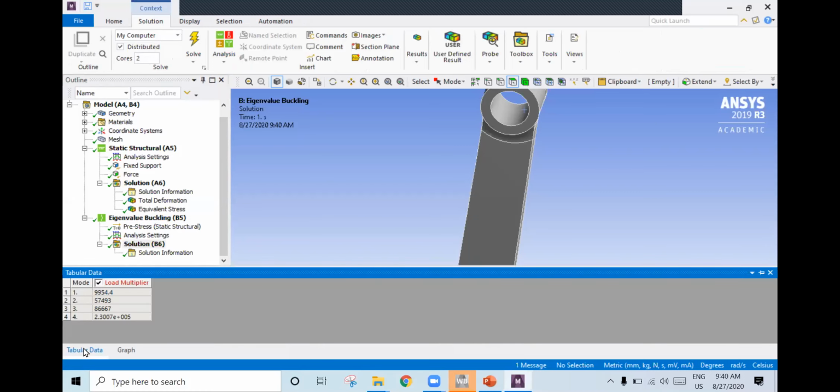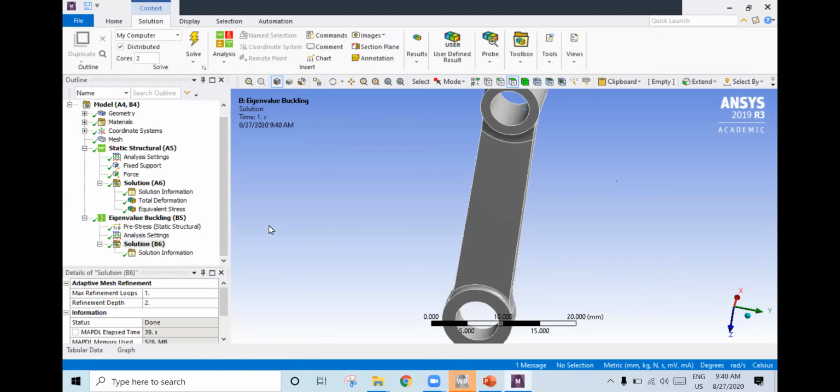If you go to tabular data, here you have the load multipliers, that means the buckling load factor. You need to multiply this with the load applied. This is the unit load we have given, right? So what is the buckling load? It is 9,954 Newton.